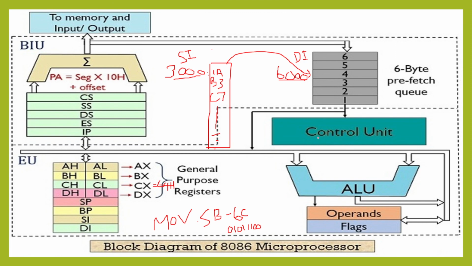Here, the control unit. The control unit is a circuit which will enable or disable all other blocks in the circuit. For example, if you are adding AX and BX, it has to enable AX to copy data to the ALU, enable BX to copy data to the other input of the ALU, then enable the ALU to perform addition, then the result is to be written to AX again, so it will enable AX. Because all are electronic circuits like flip-flops, they have to be enabled or disabled. Only then will the circuit perform correctly. That's where the function of the control unit lies in this circuit.